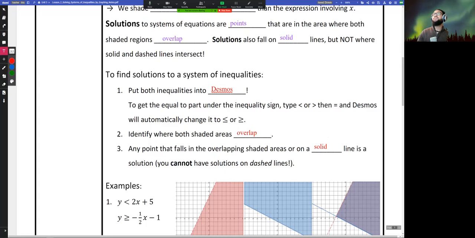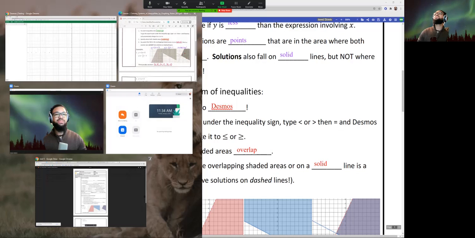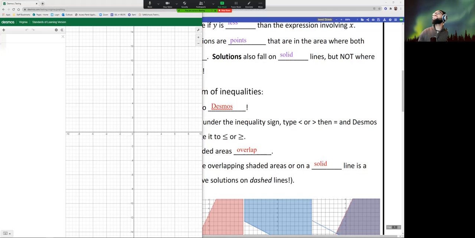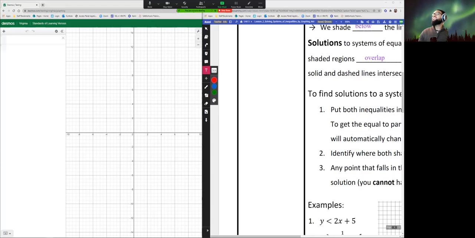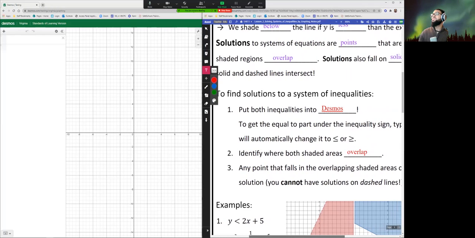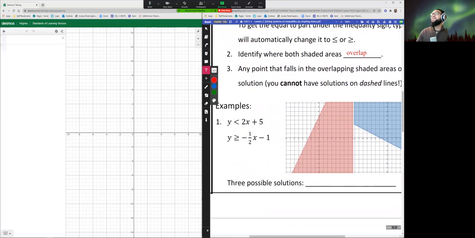All right, so let's look at a couple of examples. I'm going to open up my Desmos and split screen with my notes, the way you all should be doing as well on this part and on your practice. Example number one, we get y is less than 2x plus 5 and y is greater than or equal to negative 1/2